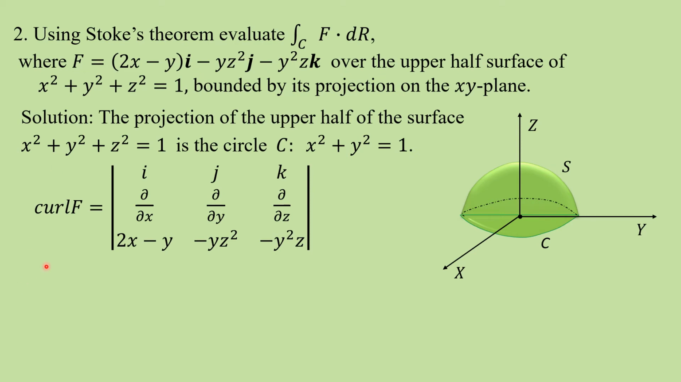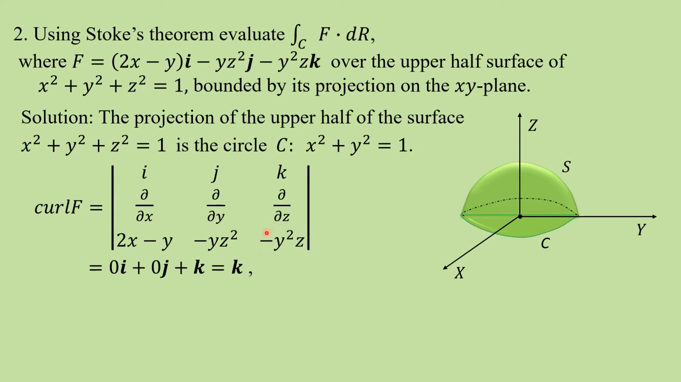So that is del cross f equal to the determinant of i, j, k, dou by dou x, dou by dou y, dou by dou z, and the components 2x minus y, minus yz square, minus y square z. So evaluate this. The determinant is here i into dou by dou y of minus y square z, that is minus 2yz, minus dou by dou z of minus yz square, that is minus 2yz, but minus of minus gives plus 2yz. The component is minus 2yz plus 2yz, that's why it is 0i,